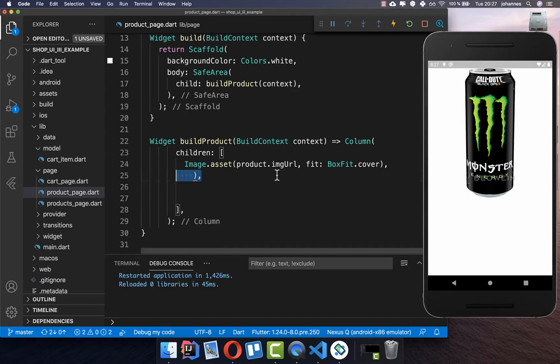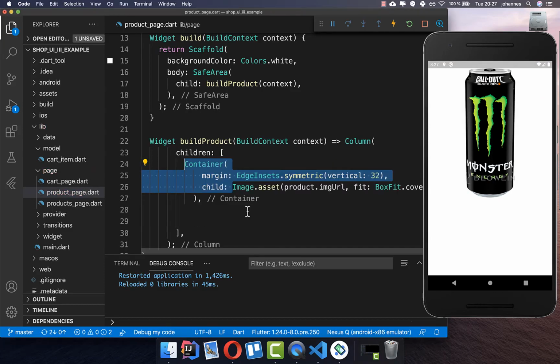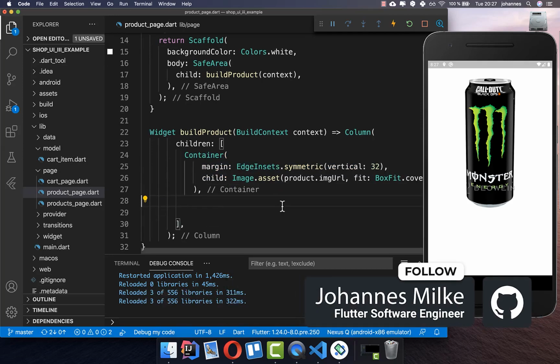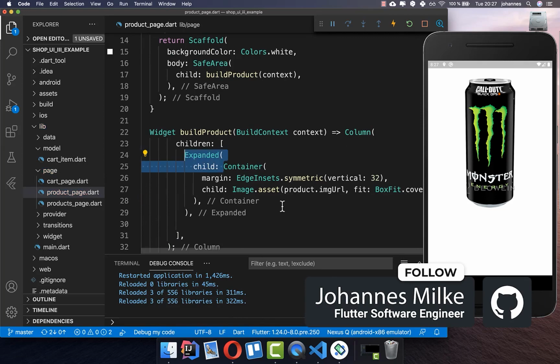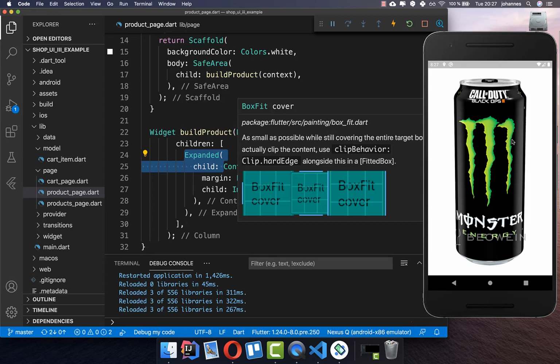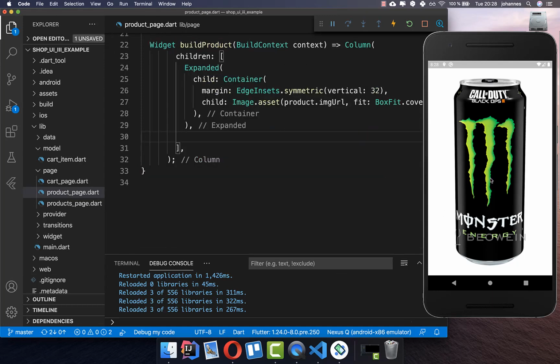page. We want to wrap this image into a Container, and then we want to add here some padding on the top. So we want to add here 32 pixels at the top and also 32 pixels at the bottom in space. And after it we also want to wrap this here into an Expanded widget, and then it looks like this. So our image gets every time the whole space it needs, and under it we want to display